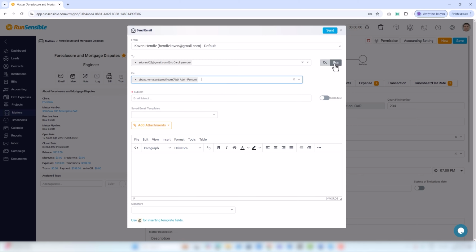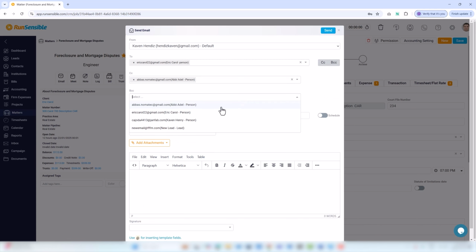On the other hand, BCC, Blind Carbon Copy, also sends a copy of the email to additional recipients, but their email addresses remain hidden from everyone else, including other BCC recipients. This is often used for privacy reasons or to discreetly copy someone on an email without revealing their inclusion to other recipients. You can create a compelling subject line